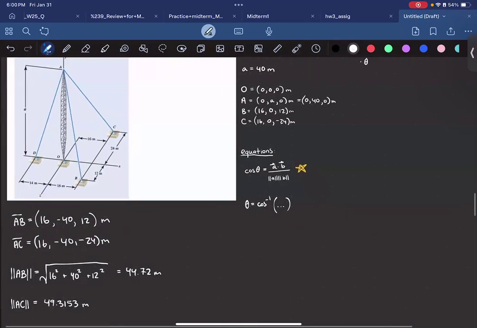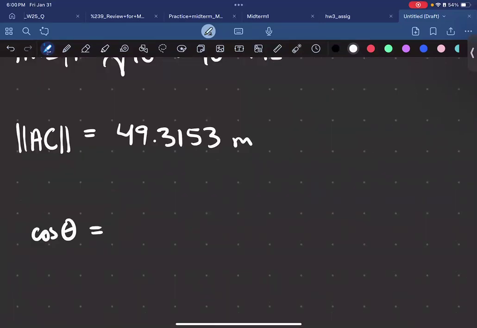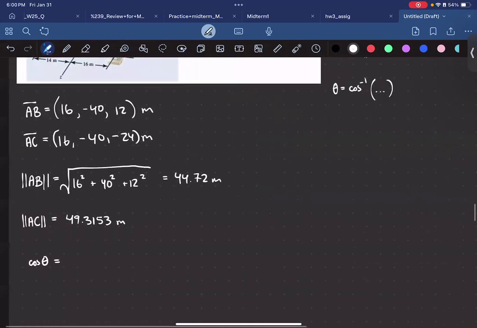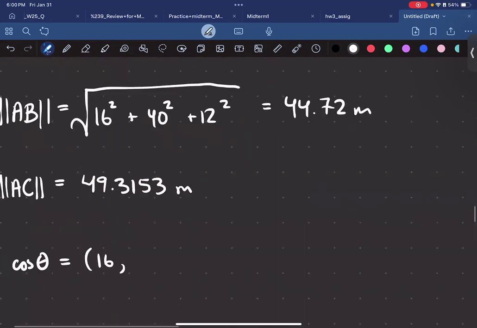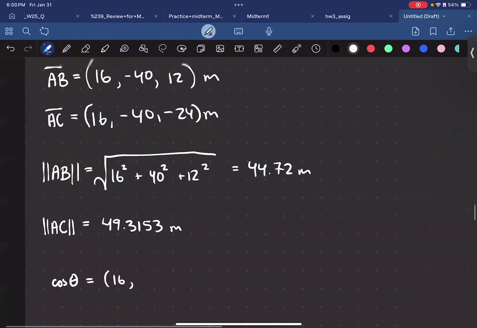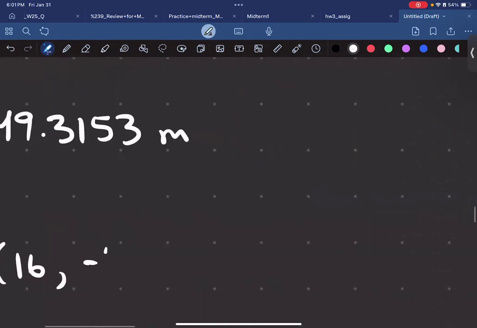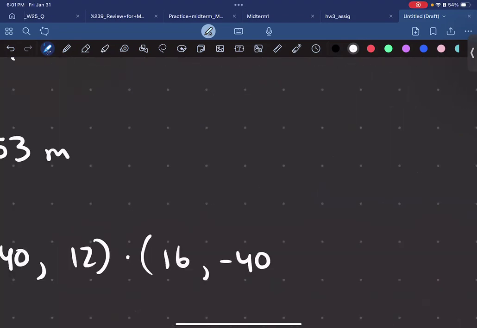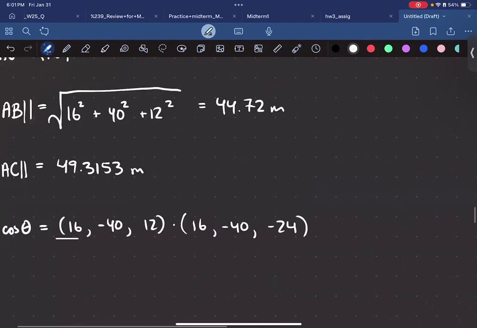So cosine of theta is equal to the dot product of these two vectors. So we'll have 16, negative 40, 12 dotted with 16, negative 40, and negative 24, all over